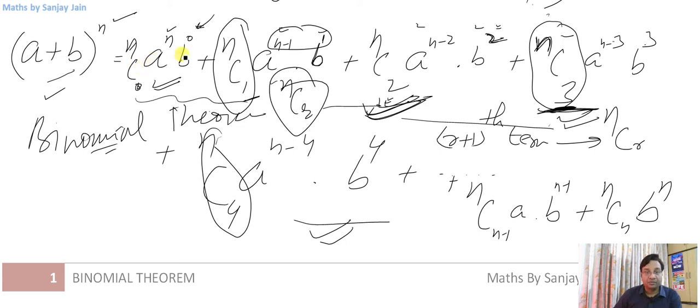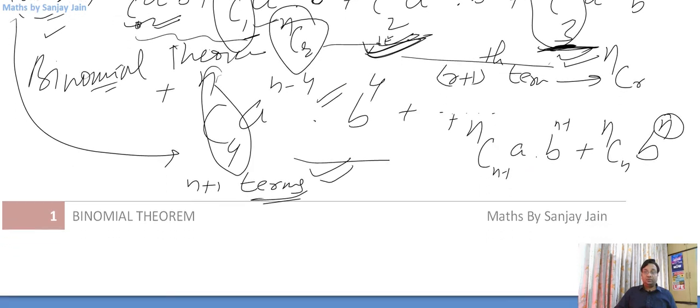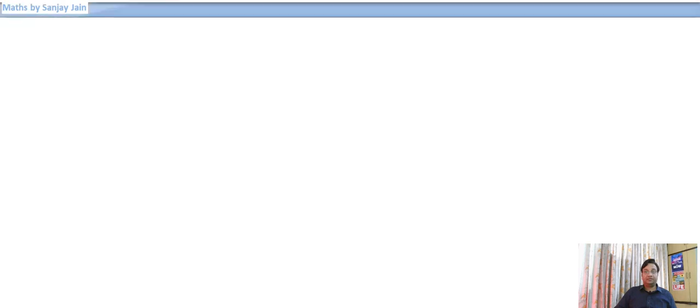And what about the number of terms? You are starting b's power from 0, then 1, 2, and you are going up to n. So if you were going from 1 to n, there would have been n terms, but there is another term here, b with 0 power. So you are getting a total of n+1 terms. When you are raising this binomial to the nth power, you will get a total of n+1 terms on the right hand side, right? Now what else can you do? Let me write this cleanly on the next page, then we will discuss some more things.